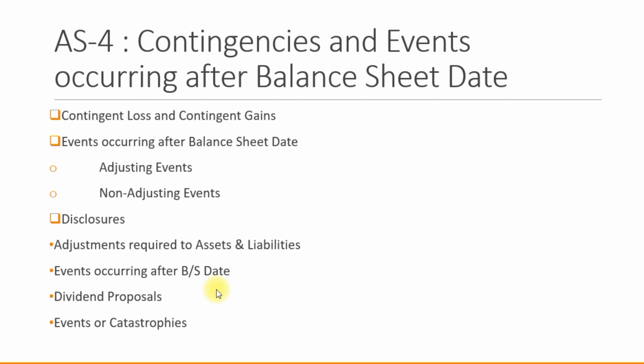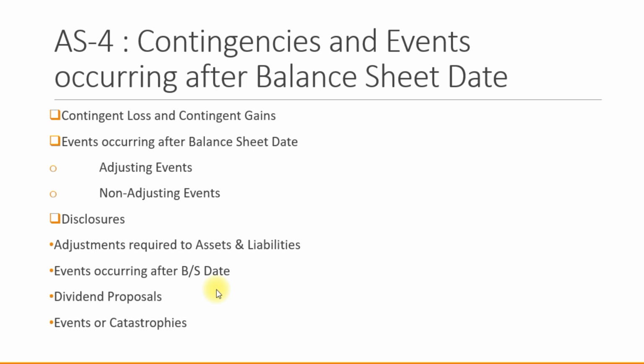So this is a mandatory accounting standard. From this standard, contingencies are moved under Accounting Standard 29, provisions, contingent liabilities, and contingent assets. For most reference, it is events occurring after balance sheet date. That is what is prescribed by this standard. Nonetheless, we will find explanations on contingencies and events.